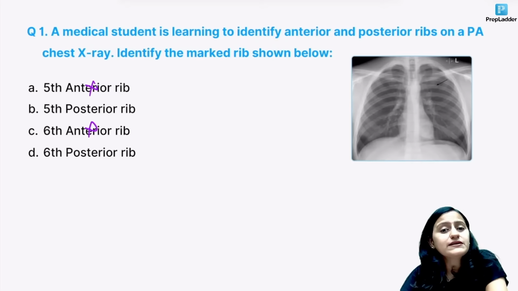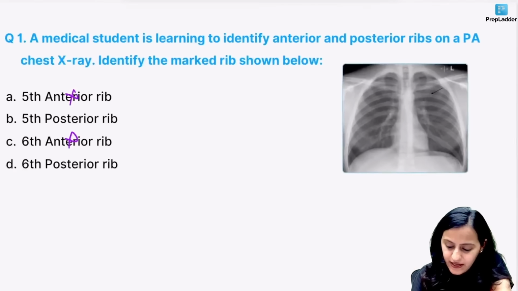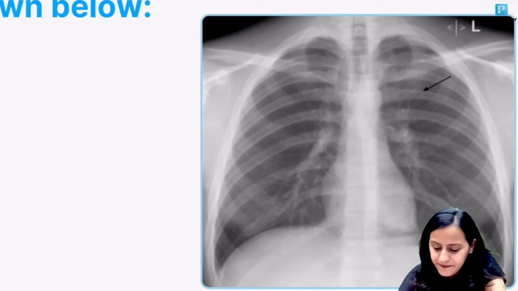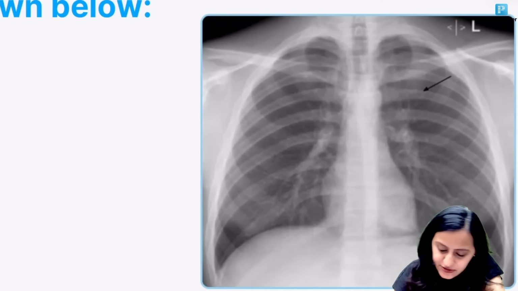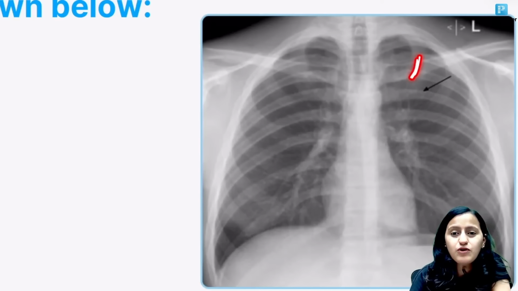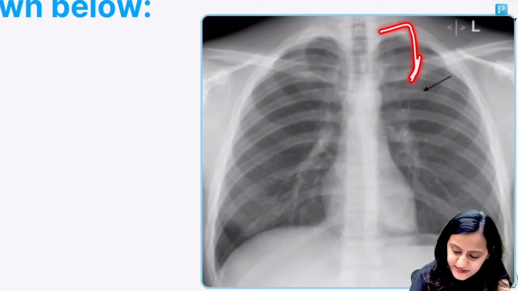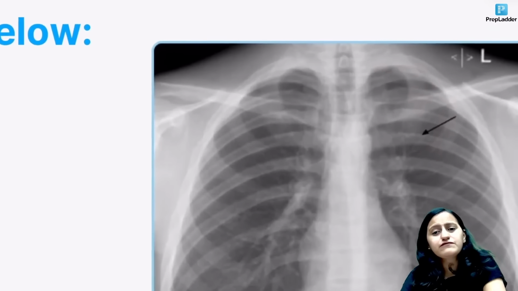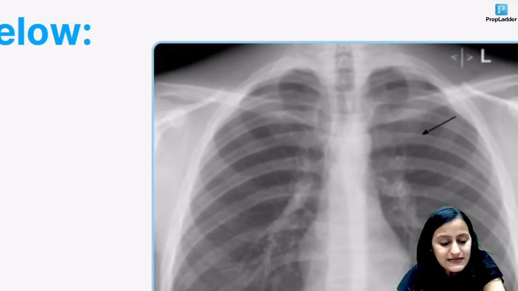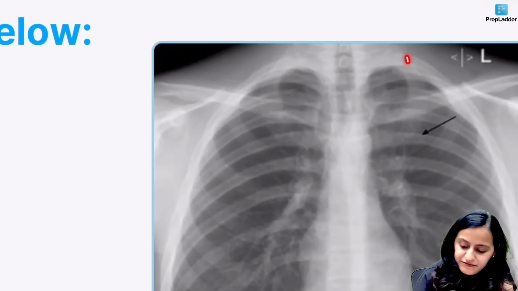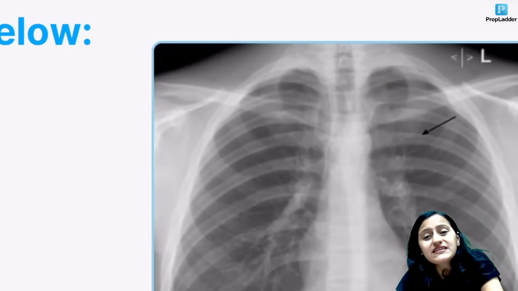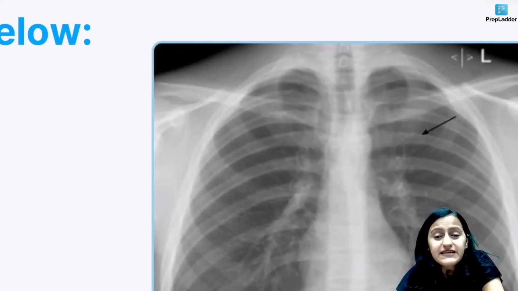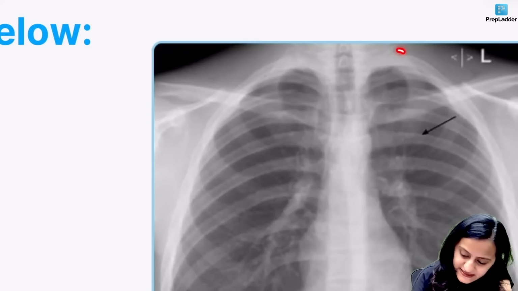Now coming to whether it is fifth or sixth. Again, have a look at this one here. Start counting from the first rib, the broad rib, at the anterior end. This is first, right? And now this is going to be second. Now this is where the majority of students tend to make the mistake. Please understand that the first and the second rib, their posterior ends, tend to overlap, right? So do not make a mistake in counting there. So you have the first and the second here.